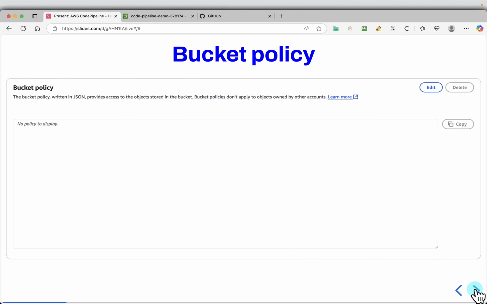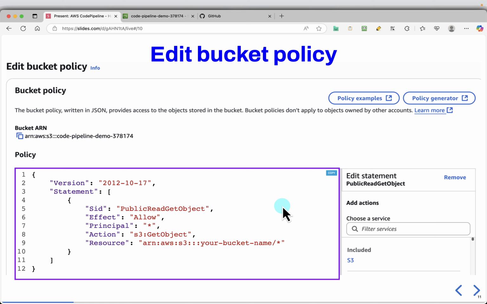Next we have to add a bucket policy, and for this we'll add this bucket policy. In this, just change the name to the bucket name. So in case somebody has already taken this name, you just put some random number at the end. So I copied the bucket policy